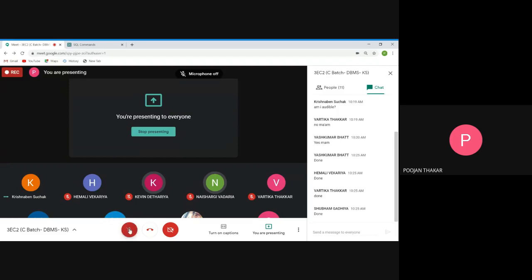Yes, ma'am. Okay. Shubham Goswami, present your screen. I don't know how to create a table. What have you done right now? I have already shown you how you have to create the table. I also asked if you have any doubt. Shubham, what did you do in the first practical lab? We have created 4 tables, right? Yes. So what did you do there?